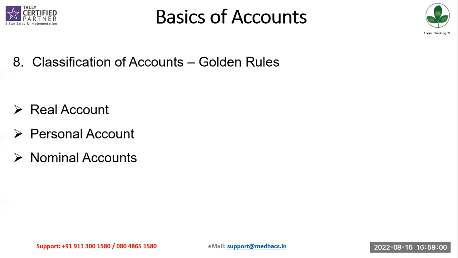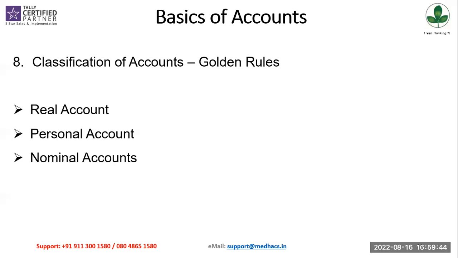So what are natural personal accounts? Accounts of individuals or natural persons. For example, Ram's account, Krishna's account, John's account, Muhammad Saif's account. So these are all individuals, and they are real. Then artificial personal accounts. For example, any of your suppliers, Mahindra Club, or your ABC Traders. These are all entities basically. They are not natural. They are entities that are formed.